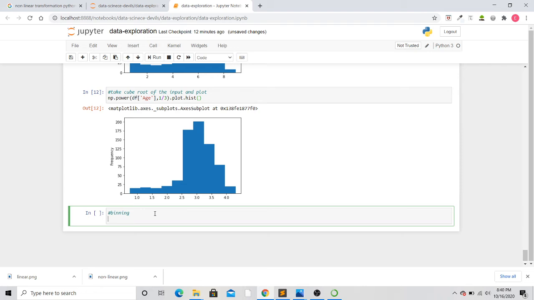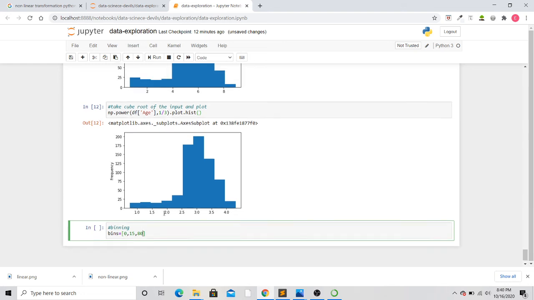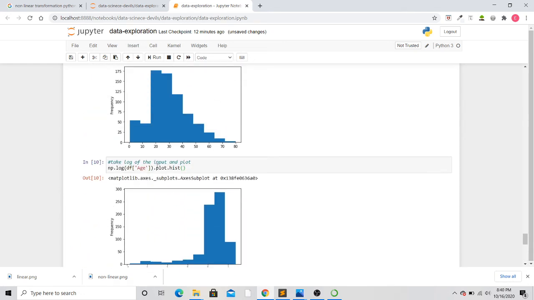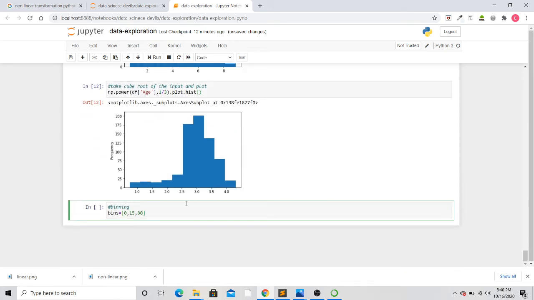So to do binning, you first have to create bins, and to create bins you have to use a list. Now what are these 0, 15 and 80? These are nothing but the ages. 80 is my maximum age and 0 is the minimum.